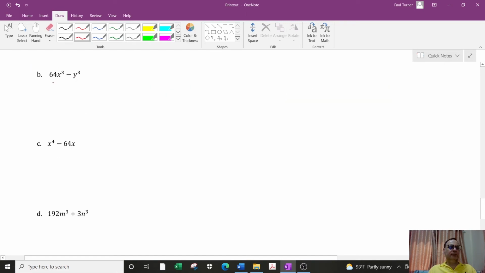In question B, notice the 64 can be written as 4 cubed times x cubed minus y cubed. So now we put the 4x into a bracket, 4x all cubed minus y cubed. But don't forget to put this all into a bracket, and they are both to the cube, so 4 cubed x cubed. So then we have,